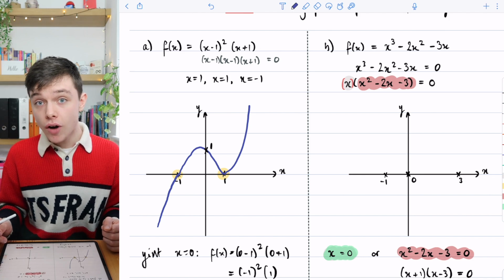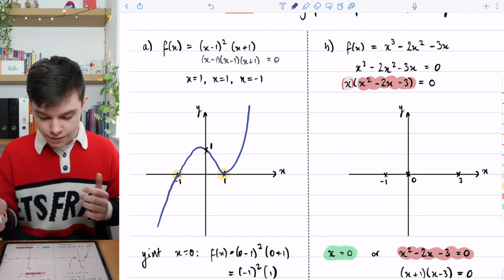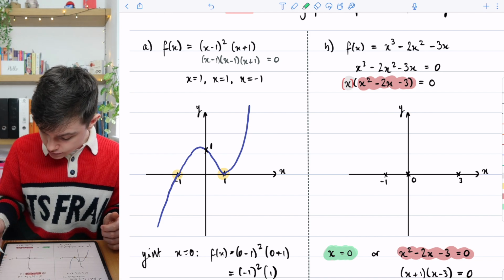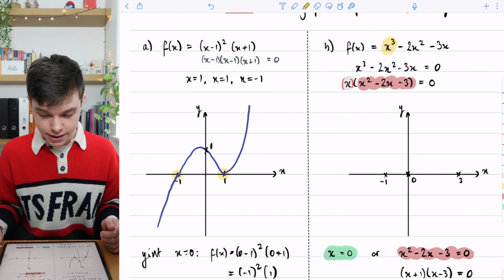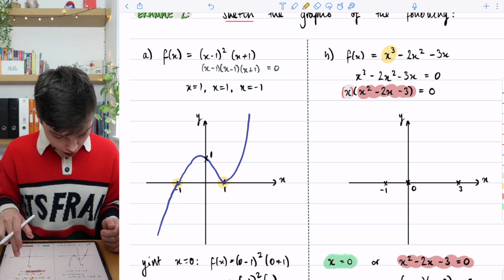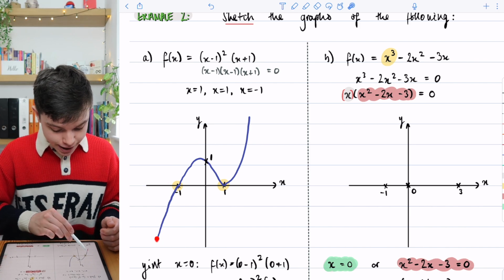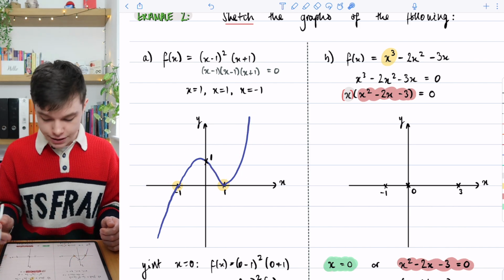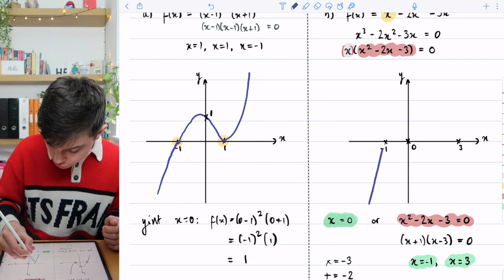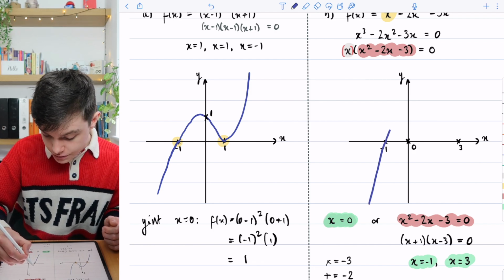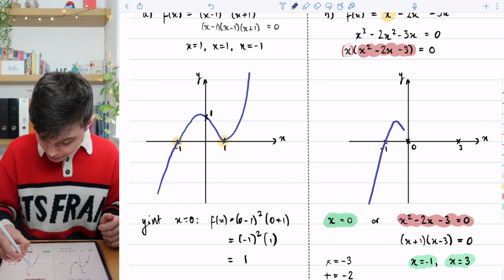Is it a positive or negative cubic? In this case, we were given it in its unfactorised form. So we can see straight away, look at our x cubed term, we can see it's positive. So we're going to have this shaped cubic. We're going to start up here and it's going to have this kind of shape. So we're going to start here, come up, pass through the first root, then continue, then we need to pass through the second root, so to do that we need to come back down,